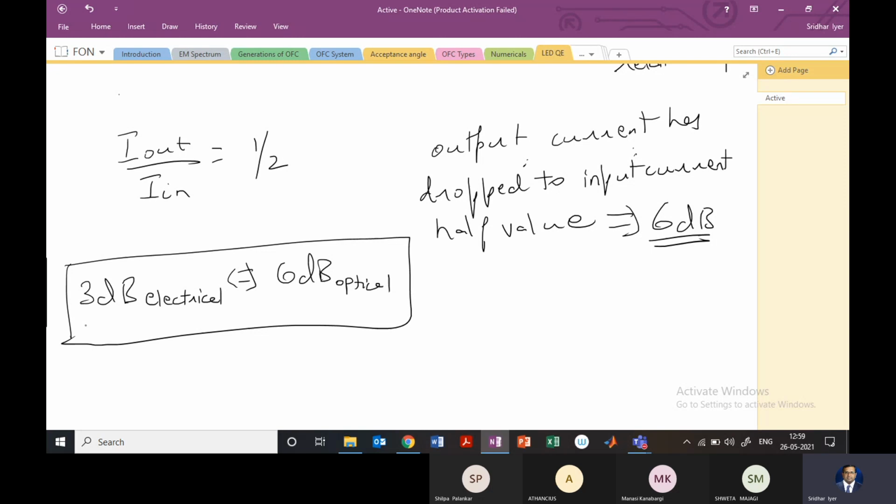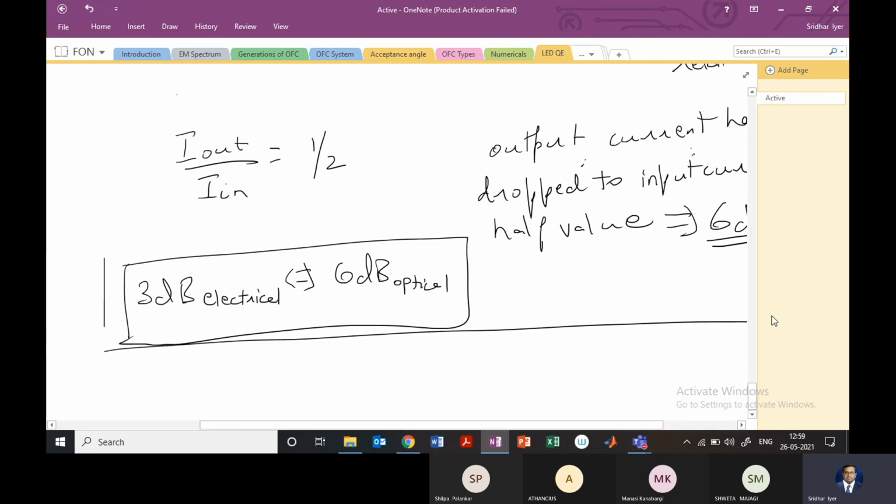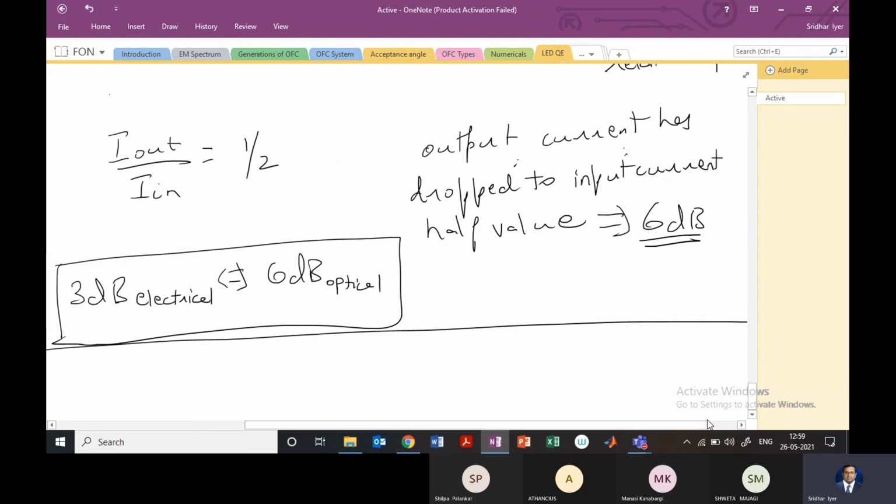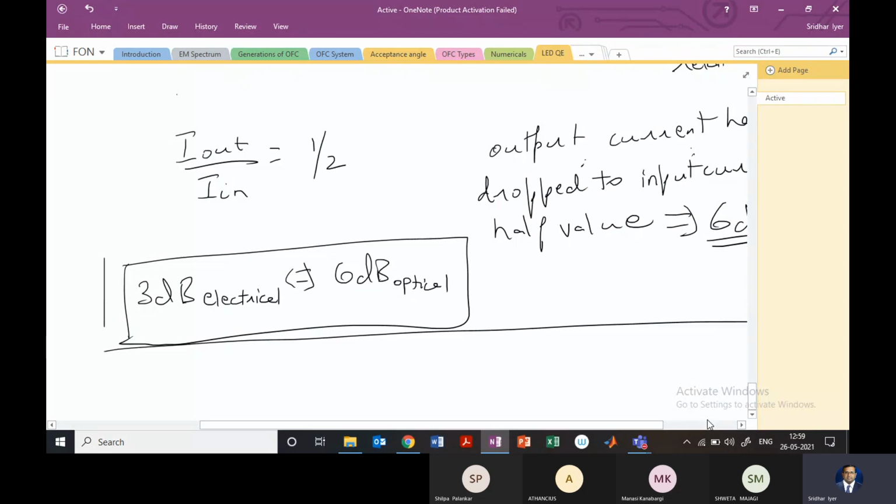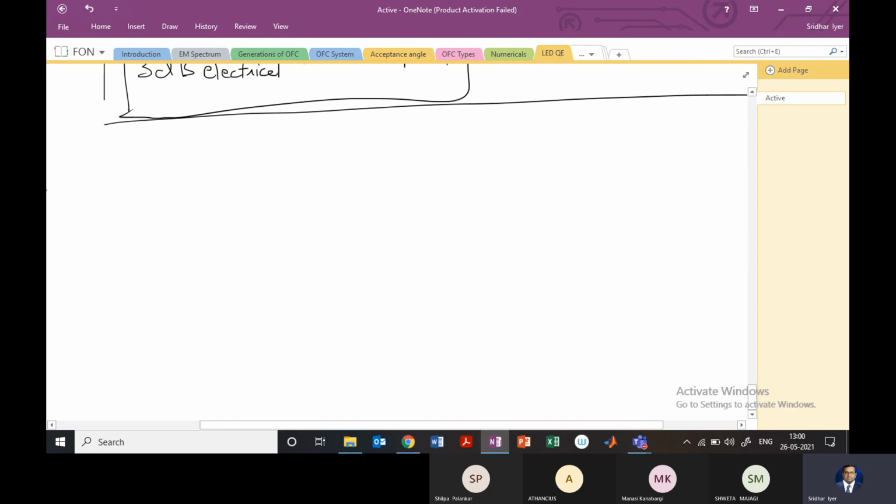Now let us look at one of the problems from the quantum efficiency. I hope there is no doubt in this. I've not seen a question based on this from the VTU question paper, but they always ask what is the modulation of the LED, or how you can compare the modulation of the electrical system with that of the optical system. We must be very clear on that. Just remember that the optical system will give you a higher bandwidth when compared to the electrical system. That's why we prefer that kind of system.